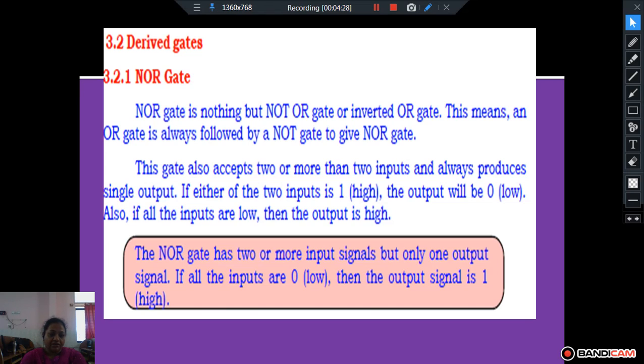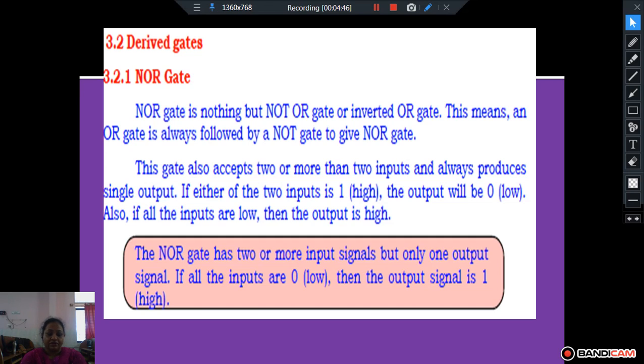What does complement mean? If we complement the output of OR, with 2 inputs, 0 1 1 1 is the output of the OR gate. If we complement it, it will be 1 0 0 0. That is called the NOR gate.